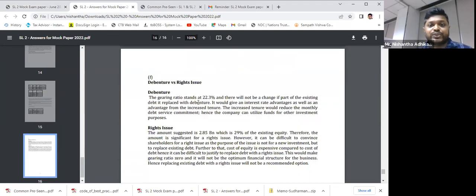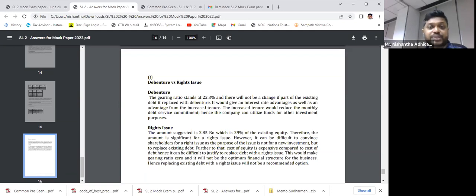Debenture, the gearing ratio stands at 22.3 and there will not be a change if part of existing debt is replaced with the debenture. Okay. If you borrow from the debenture, gearing won't change. It would give an interest rate advantage as well as an advantage from the increased tenor. Right. That is about, in order to, if you're going for right issue or going for settling debt from the